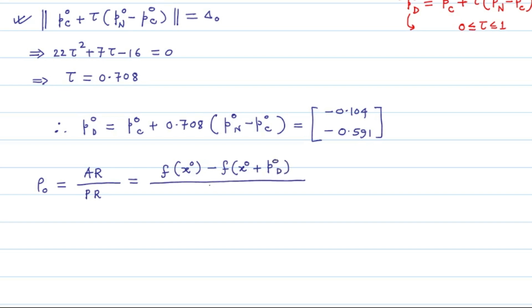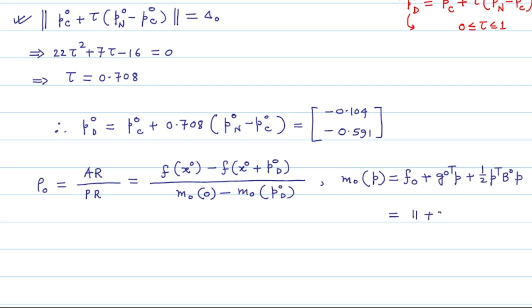Predicted reduction value is m_0(0) minus m_0(p_0^D), where the model function m_0 is given by 11 plus 27 p2 plus 23 p2 squared, where this p has two components p1 and p2,